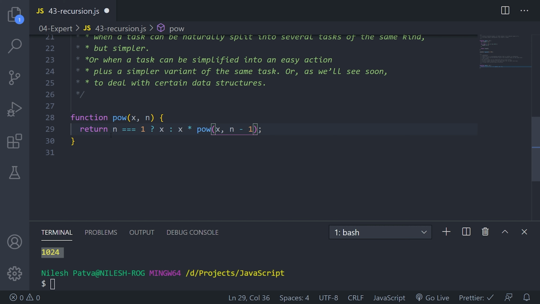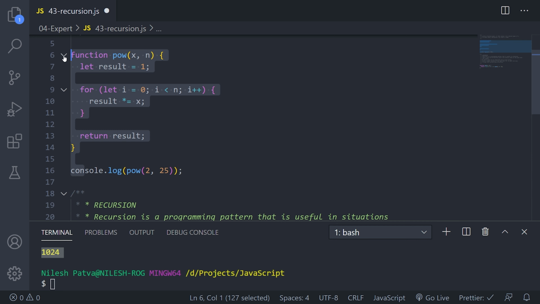So if you see this carefully, first of all we check whether n equals 1, then we return the value itself. Otherwise we multiply x with the power function itself, passing another set of parameters: the value, then the iteration count, which reduces each time. So if I run this function, let me first comment this out.